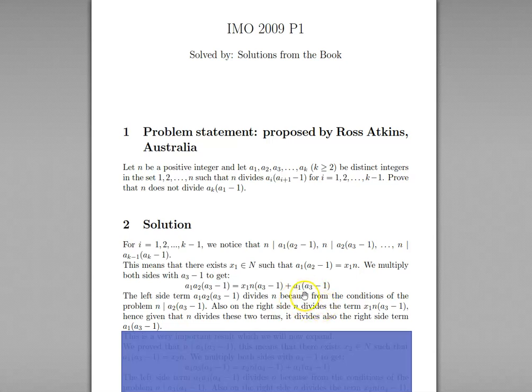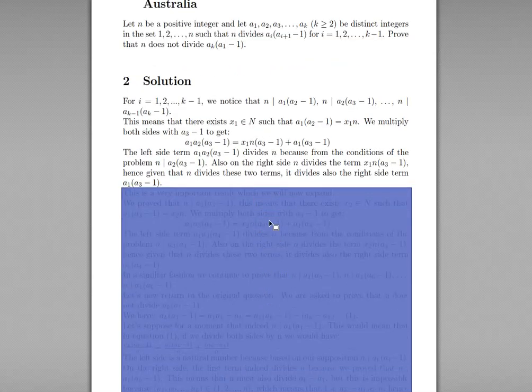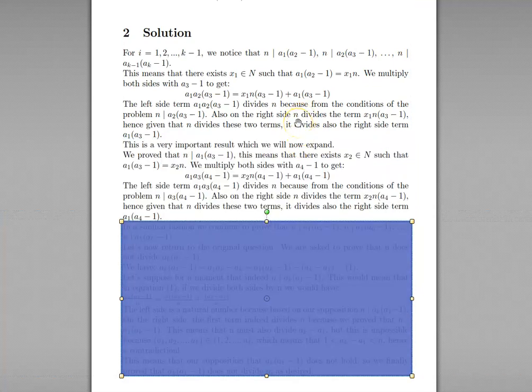So n divides a1 times a3 minus 1. This is a very important result which we have for the solution of this problem, because we now will continue with our reasoning. In the same manner, we will expand this knowledge by proving that a1 does not only divide a1 times a3 minus 1, but it also divides a1 times a4